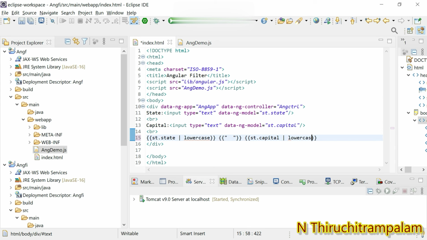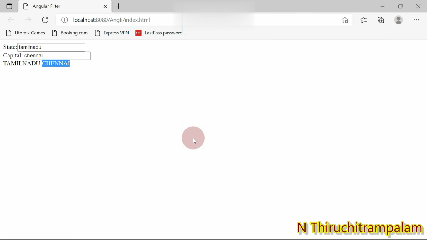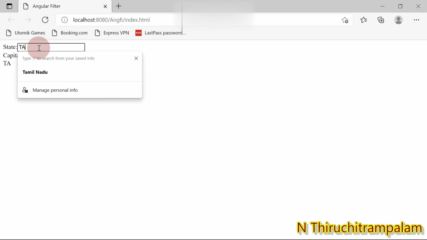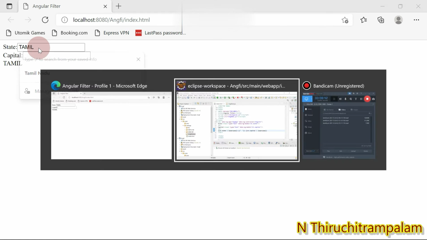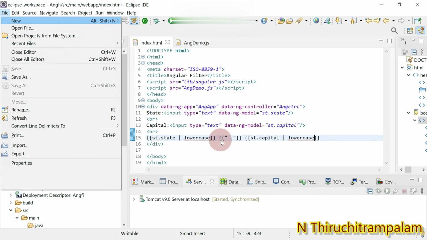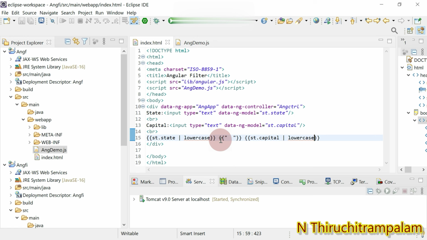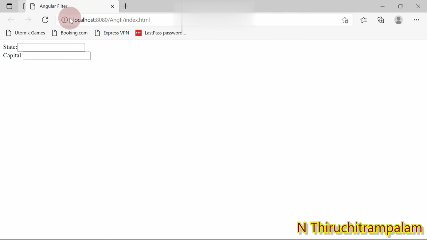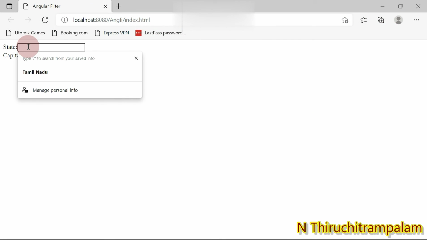So with lowercase, whatever you key in here will be converted to lowercase. See, I'm going to give everything as Tamil Nadu.